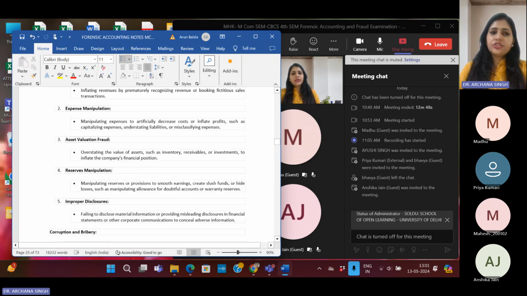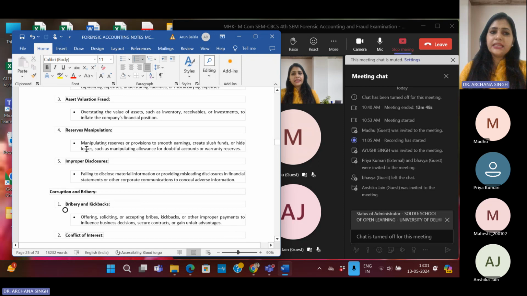Then asset valuation fraud, it includes what? Asset valuation fraud means you are overstating the value of assets, showing more value than the actual value. So overstating the value of assets in case of inventory, receivables, and investments, to inflate